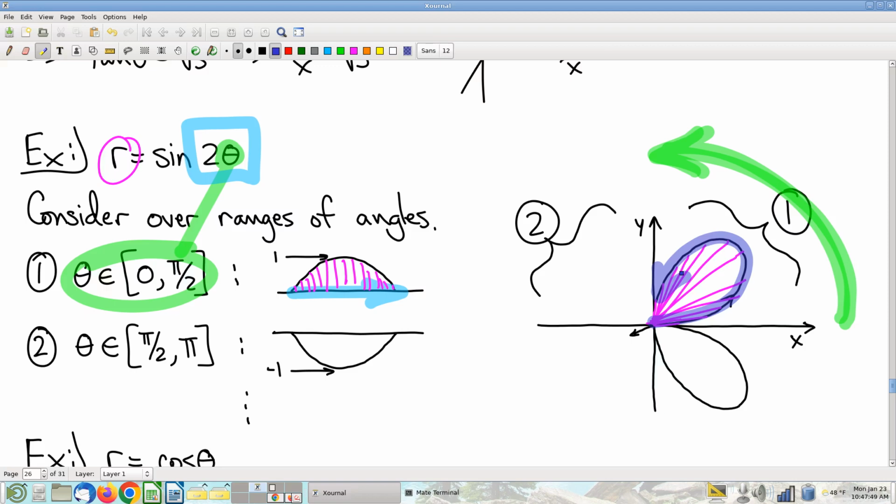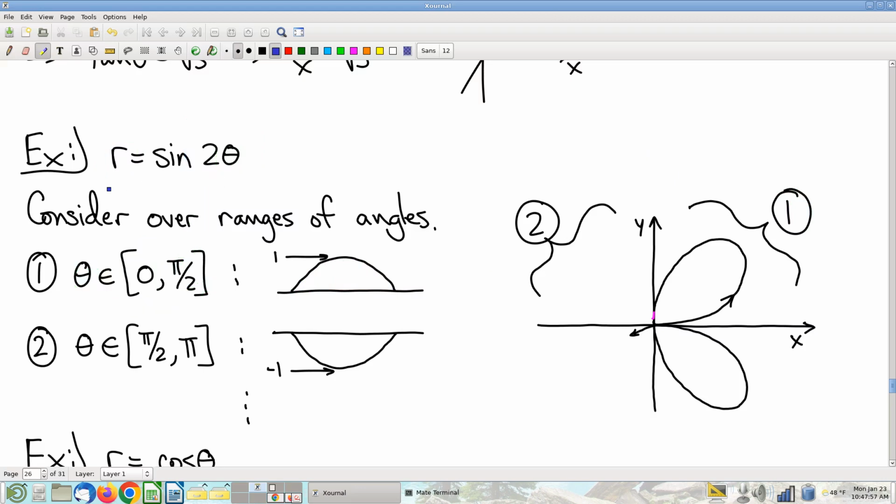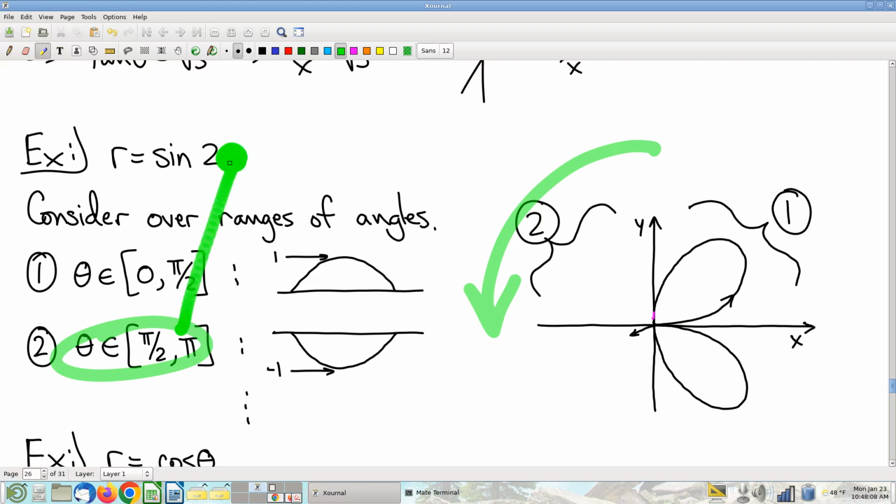Right. And let's see, now let's play through the second part of this. Let's get rid of all of the stuff here. Okay, so now I'm going to play through as theta goes from pi over 2 to pi. Well, keep in mind, theta is not the argument. The argument is 2 theta. And 2 theta then goes from pi to 2 pi, during which time r